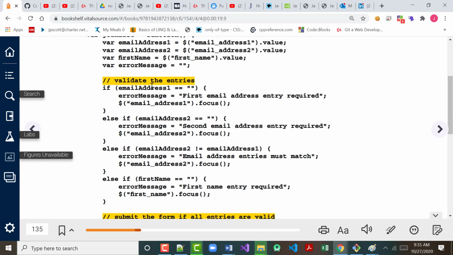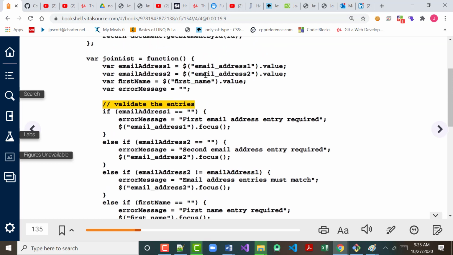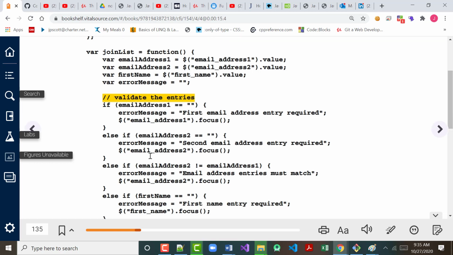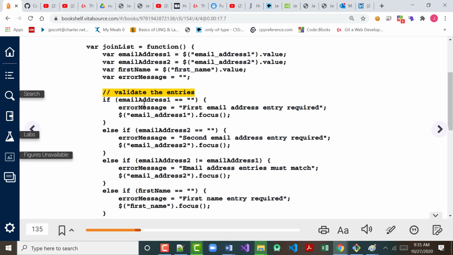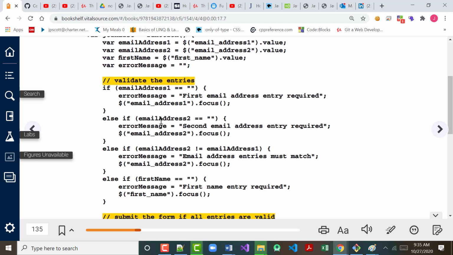The other thing they really should have done right here, just so you know, where they're checking to see if it's equal to that, is somewhere in there they should have used the trim function, because we don't want it set up so you can just put a blank space in there and it'll take it. And the trim function would fix that. All right? Okay. So we validate that there's something in the first text box, there's something in the second text